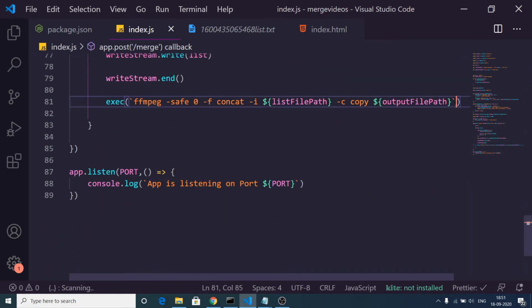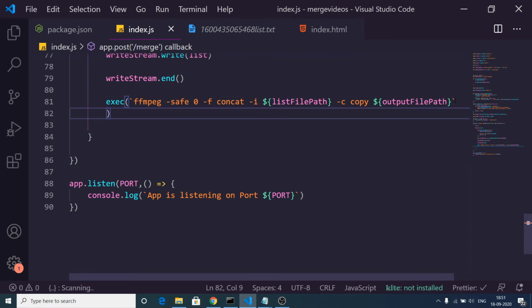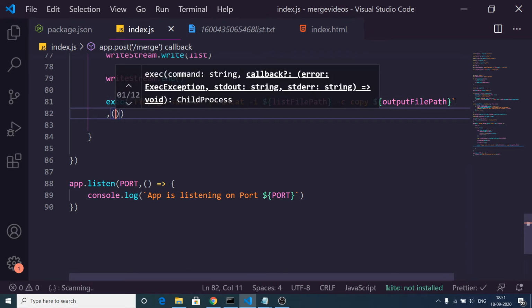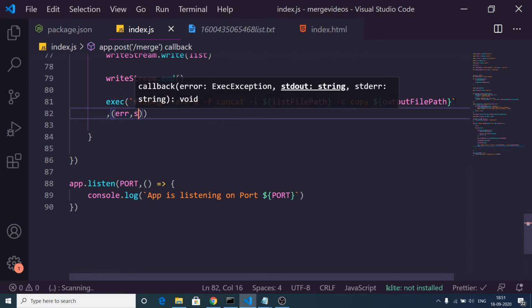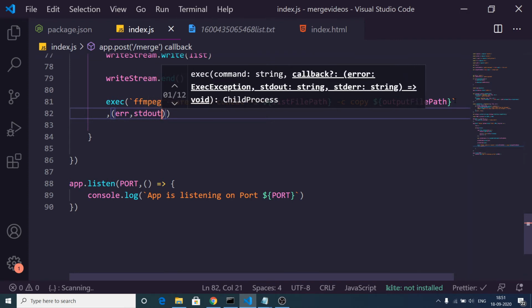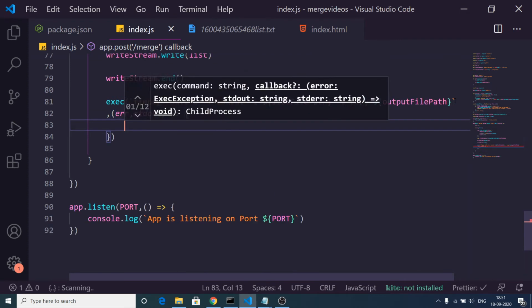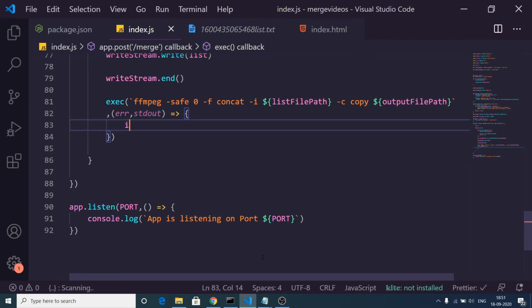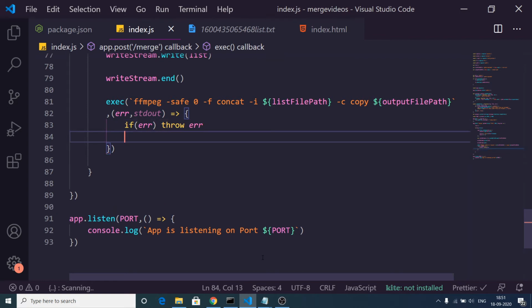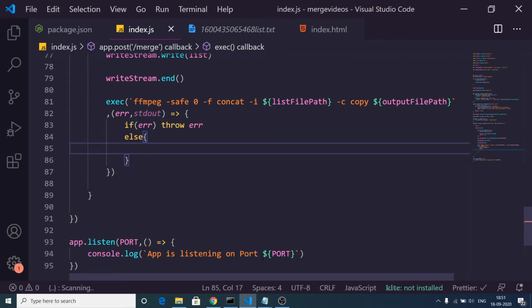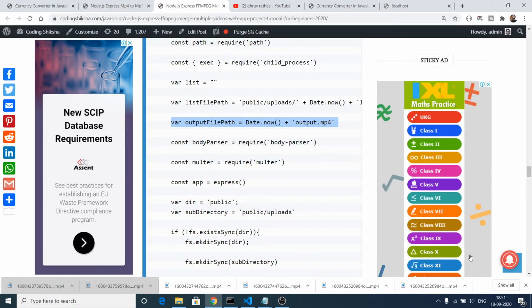So the next argument it takes is the error. Put a comma. This can have an error and standard output. This is an arrow function. If any kind of error takes place, we can throw that error. If no error takes place, then inside this else block, we can download this mp4 file which is successfully merged.